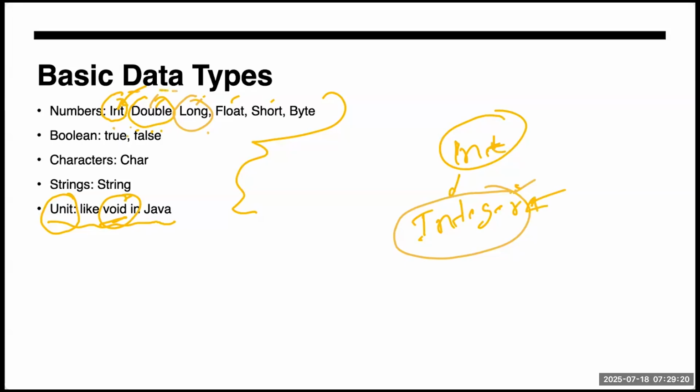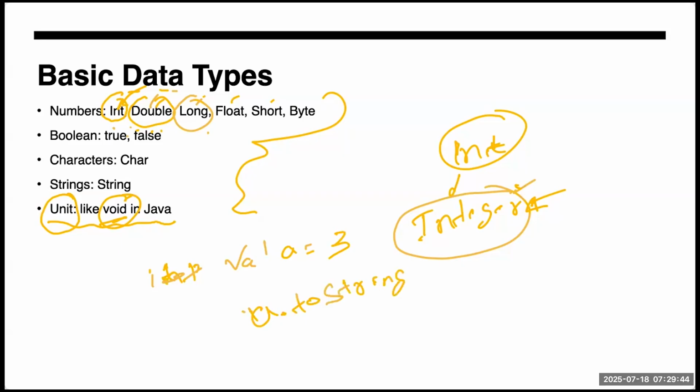You can apply any method on top of it. Let's suppose I write val a equal to 3, and I can make it a dot toString.